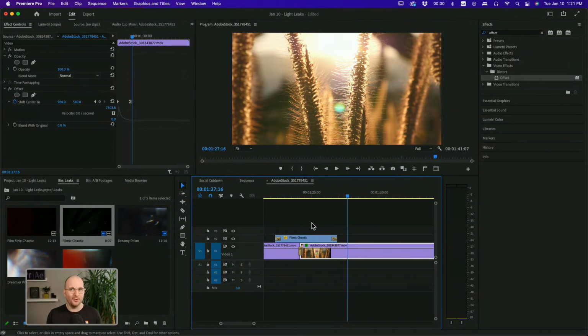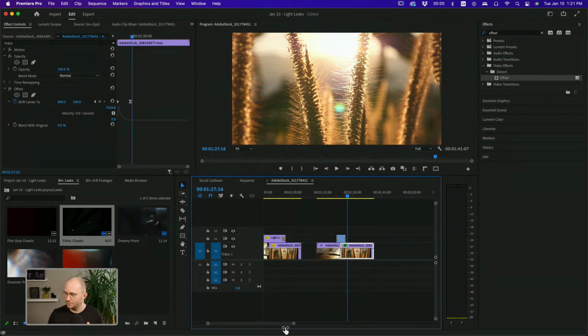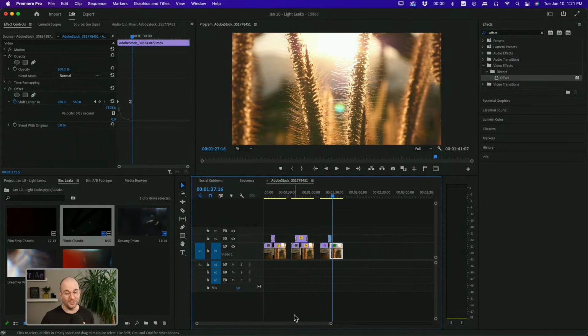So just to recap where we've been, what we've been doing here, the process is to produce light leak transitions as we do with any,